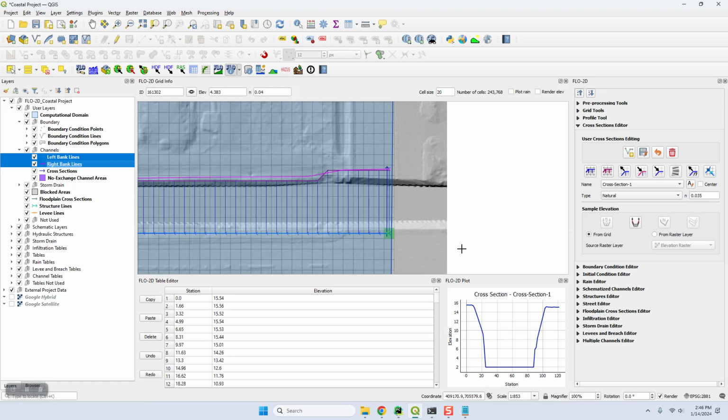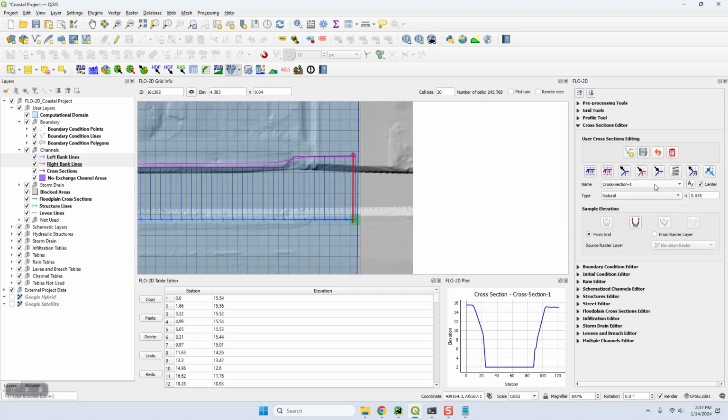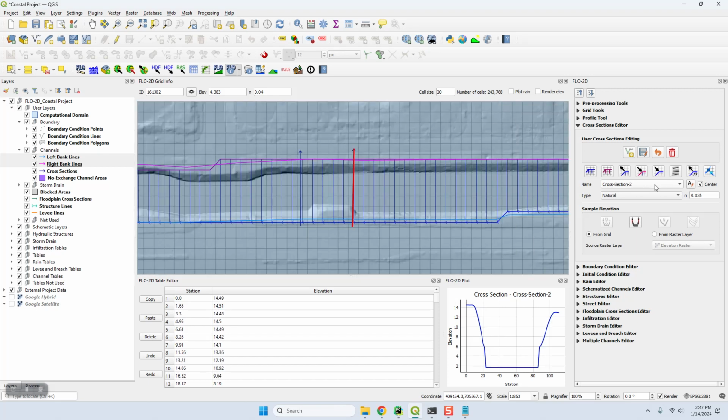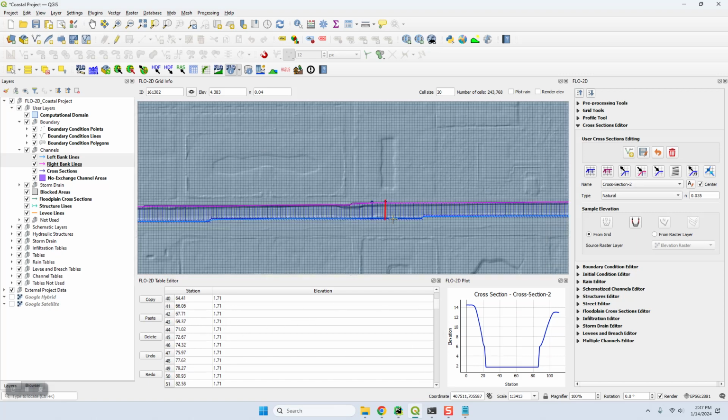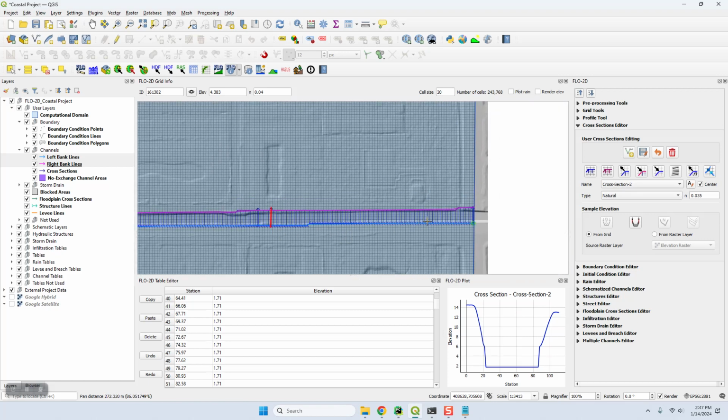Okay, now let's take a look at this first cross section. This first cross section has a channel invert elevation of 1.98 feet above sea level. And if you go down to the next one, and if I use the center button, so here's one, and then here's the next one. This one has a, let me find that real quick, 1.71. So the reason why we get the error message is because